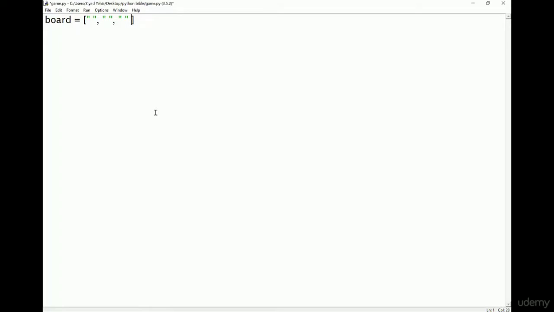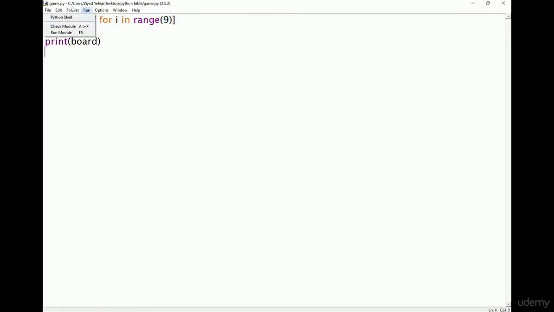But I'm quite lazy, right? I don't really want to type that 9 times. So what I'm going to do is I'm going to use a list comprehension. And I'm going to say, give me a blank space for i in range 9. And that's that. Now, i isn't actually being used, but this loop is running 9 times, and it's giving me a blank space. Okay, so that's going to give us a board with 9 blank strings in it. Brilliant. So if I print this board,